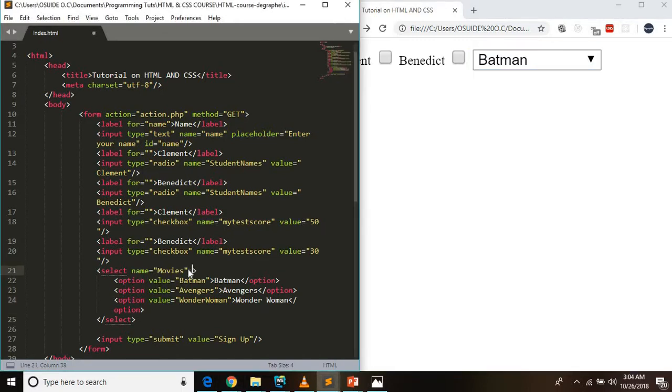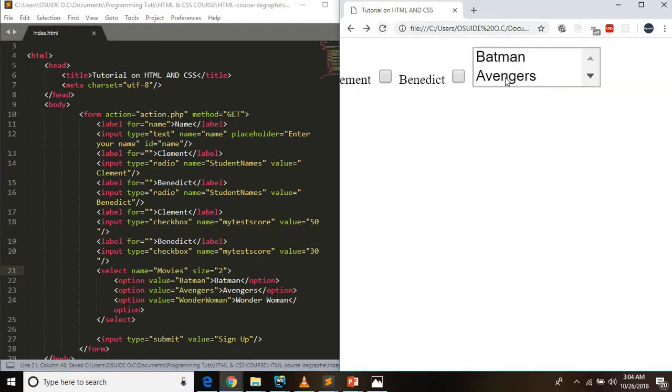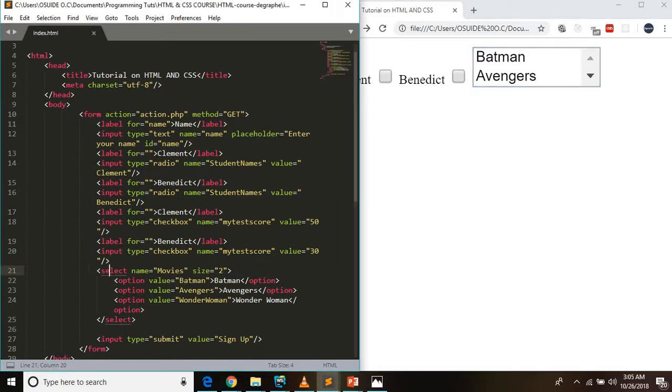Select also holds another attribute called size to indicate the size and the number of elements that should show at a time. If I put 2 and I reload the page, I should get 2 elements being shown at a time. And I should be able to scroll down to select any one of my choice. Now, that is all I can tell you right now about the select element, the selection of a certain type of element, be it movies or cars or whatever, that takes in options of these types of selections. And that is just the select